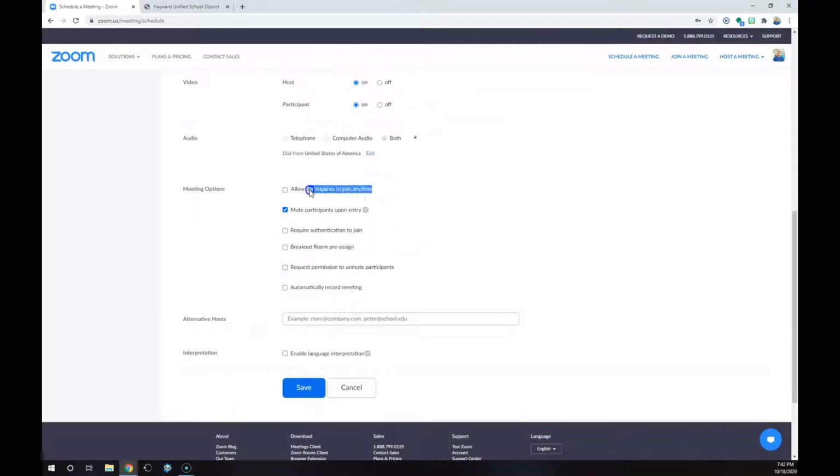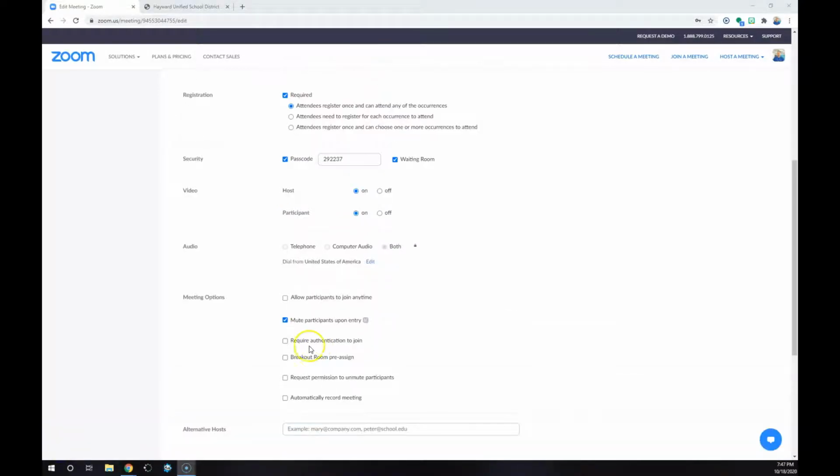Do not select the first one, because if you do, then students may join the meeting before you get there. And you definitely want to mute participants when they get there in case there's some background noise going on behind them. Next, you want to require authentication to join. That means that only people who are logged in to Zoom with an email, an actual account, can join your